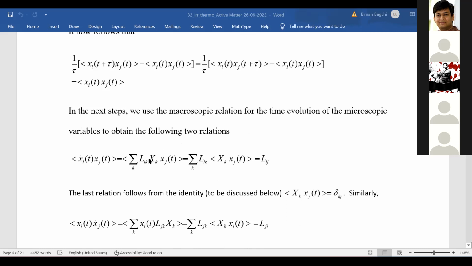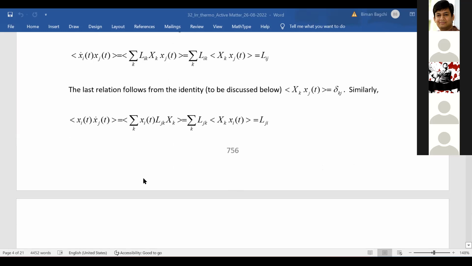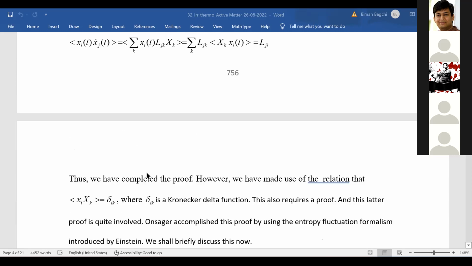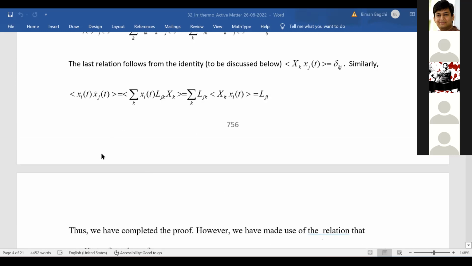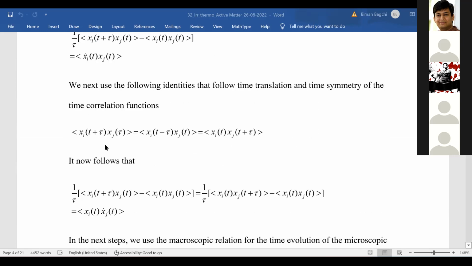Okay. Now I can do this xi dot xj(t). I do xj dot xi(t). Then I can do the same thing, and I get Lji using the same Kronecker delta. Now I have shown before by time correlation that these two are the same. So that means that Lij is equal to Lji. So that is now proved: this is the simplest possible proof of the Onsager reciprocal relation through time correlation